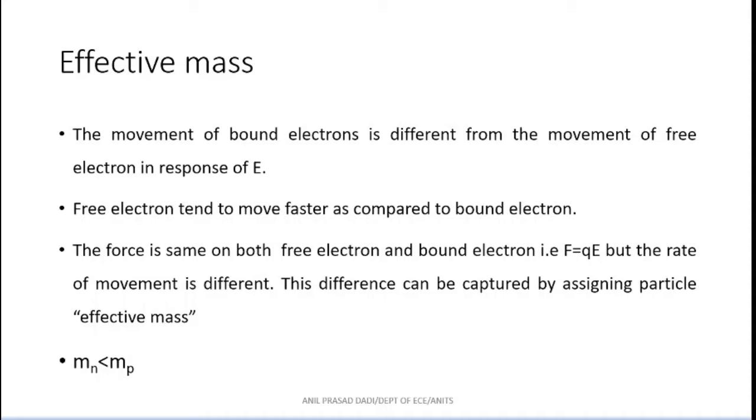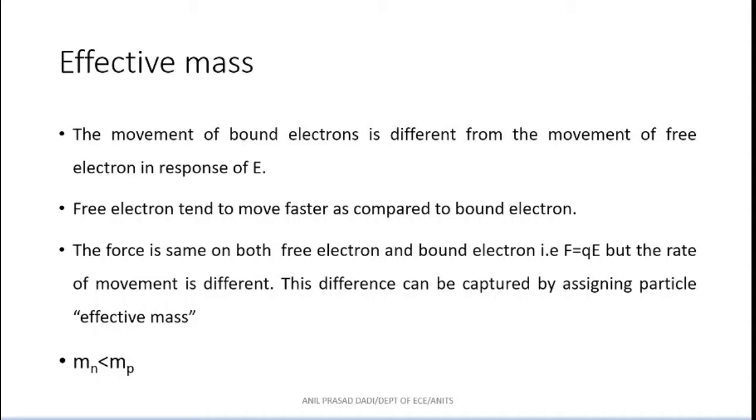So in that particular aspect, my mass of hole is very large compared to mass of electron. Why is my mass of hole very large? Because the movement of the hole is dependent on the movement of the valence electron, and the movement of the valence electron is dependent on whether there is a vacancy near that particular valence electron, and whether the valence electron can come out of that covalent bond or not. So there are various aspects. That is why the mass of the hole is always larger compared to the mass of the electron.